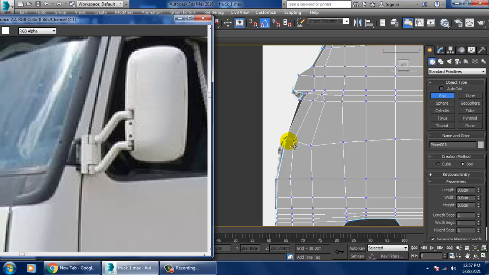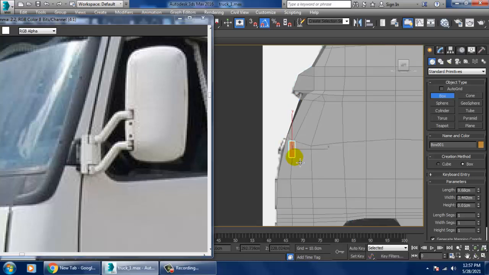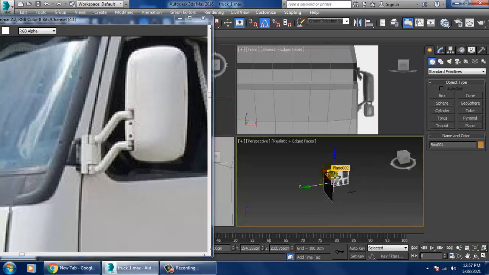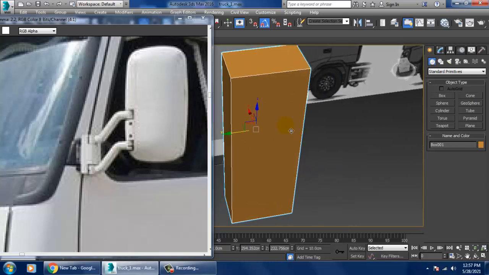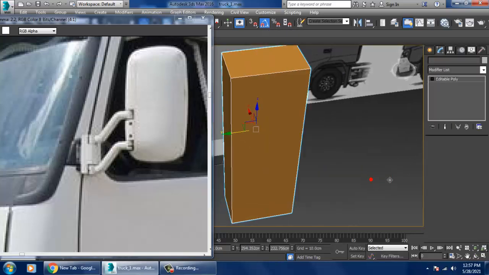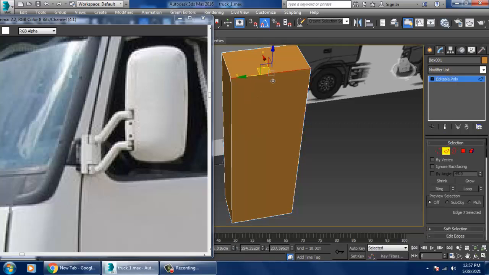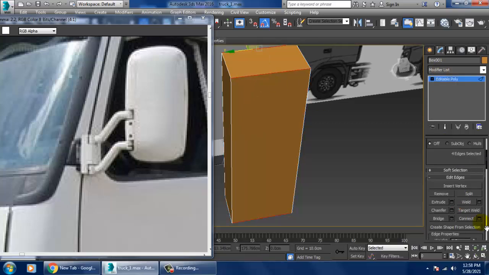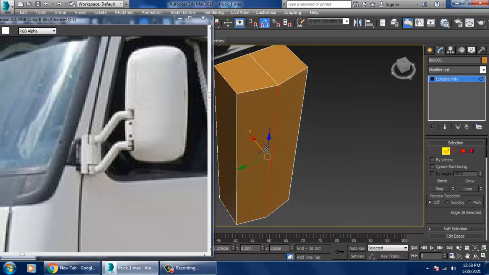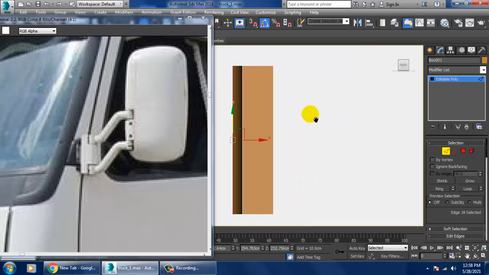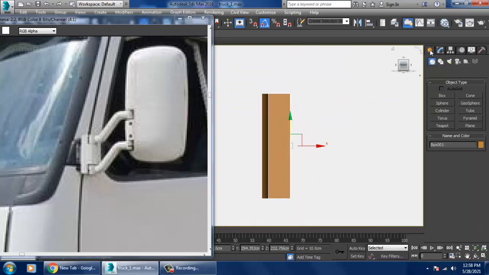After taking a box, let's scale it and convert it to editable poly. Let's put one connect here, slightly select this edge and push it over here.